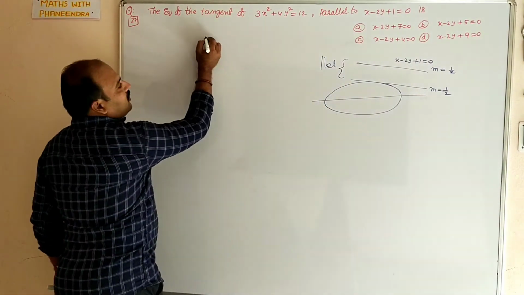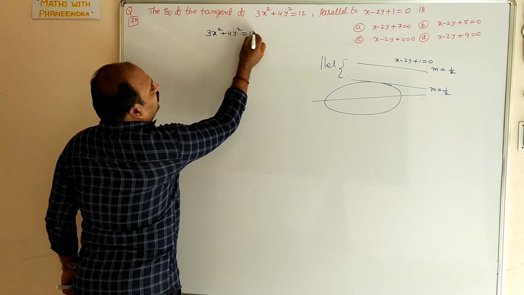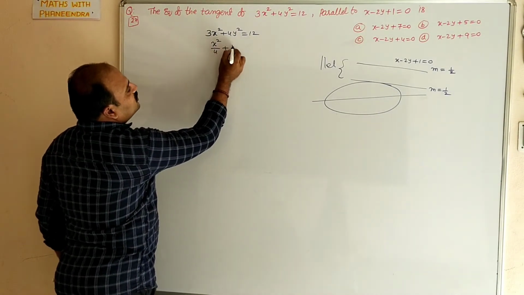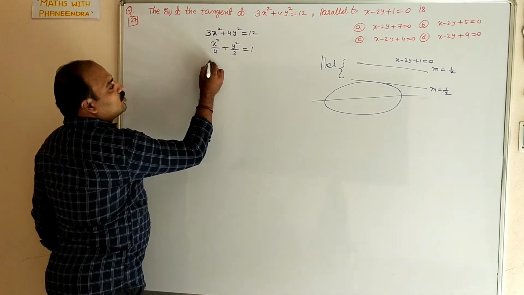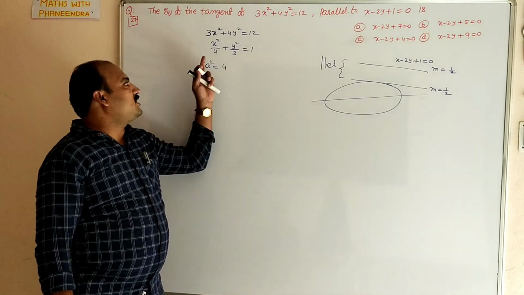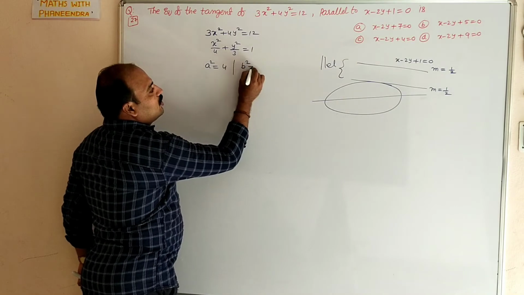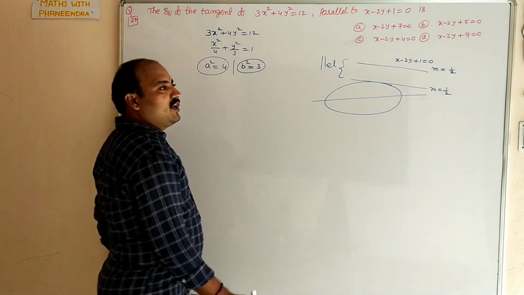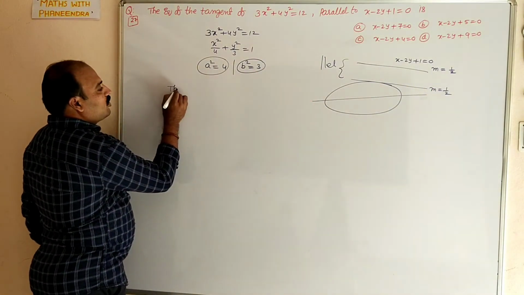And the given ellipse is 3x square plus 4y square equal to 12. Dividing on both sides by 12, x square by 4 plus y square by 3 is equal to 1. From this you get the values of a square and b square. Compare with the standard equation of the ellipse, x square by a square plus y square by b square equal to 1: a square equal to 4, b square equal to 3. After knowing these values, the equation of the tangent with slope m